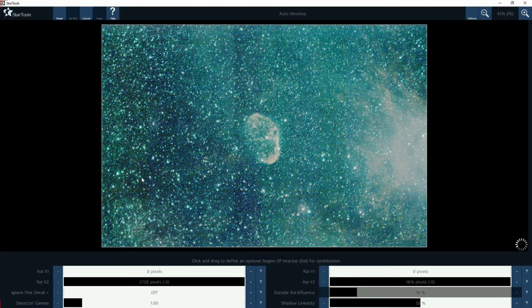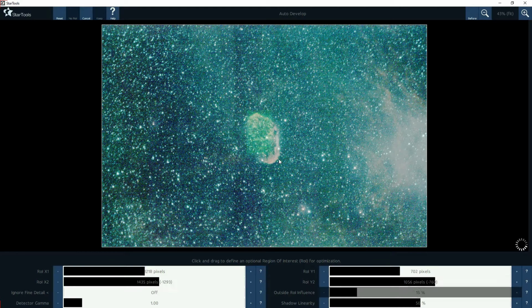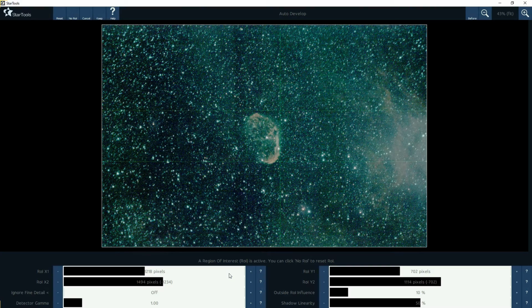Alright, so the previous stuff is simply just clean up all the crap that comes with taking these and stacking the photos. And so now what I'm going to do, I'm going to select an area. Okay, this is my region of interest, which is the Crescent Nebula itself. I'm going to adjust the influence outside of the region of interest, and then I'm going to let this do its thing. And what you'll see is when it's done, you'll see what looks to be your final, almost your